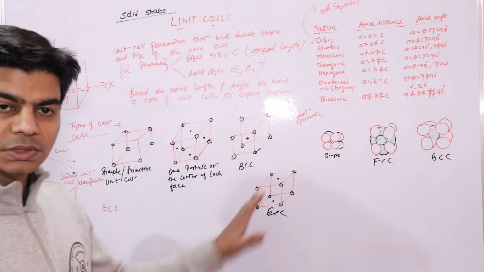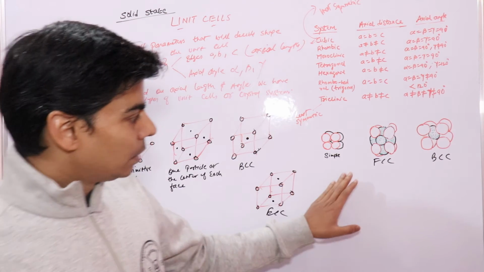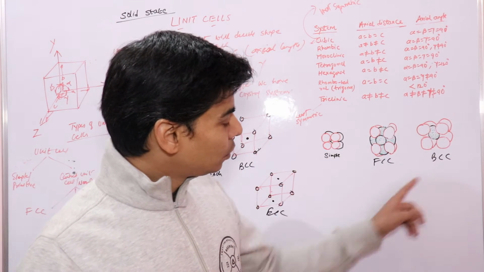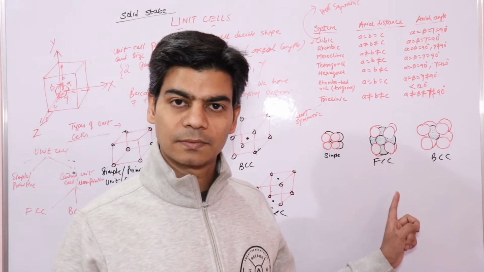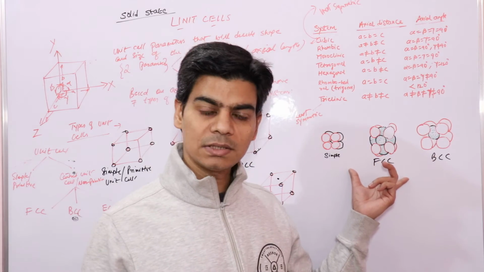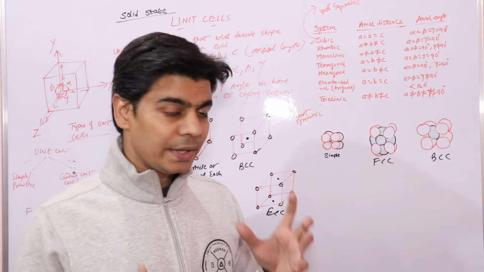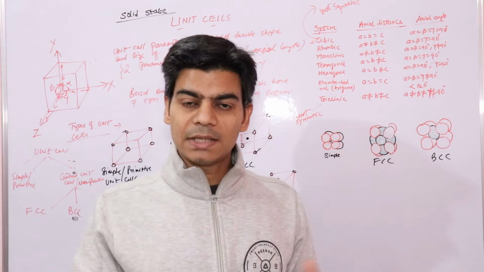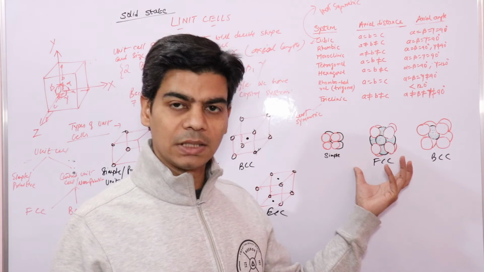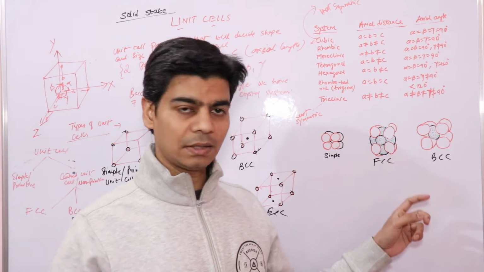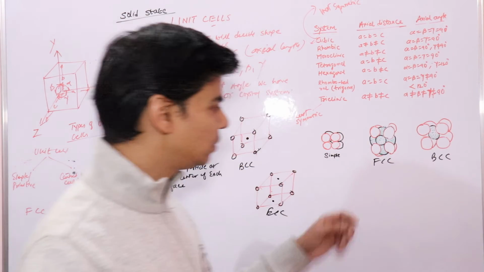In the first diagram, particles are represented by dots, and these are known as open structures. Here, particles are represented by spheres, and these are known as space filling structures. They are called space filling because these diagrams tell you how exactly the space is filled up with particles in the solid. We will understand space filling in more detail in future video lectures.